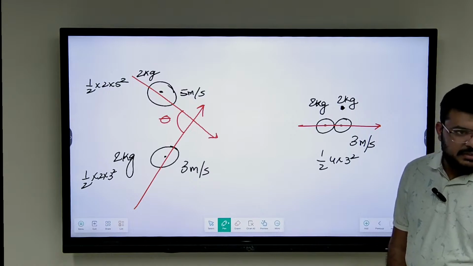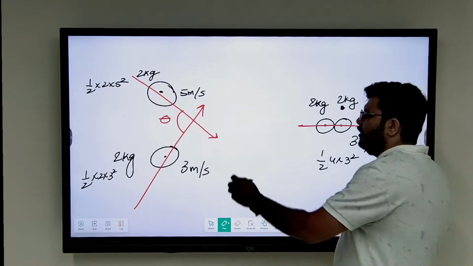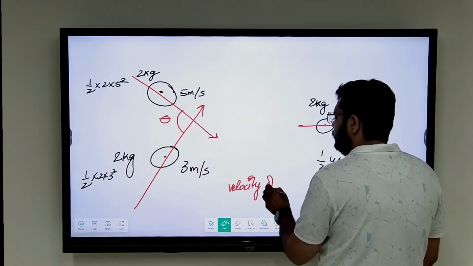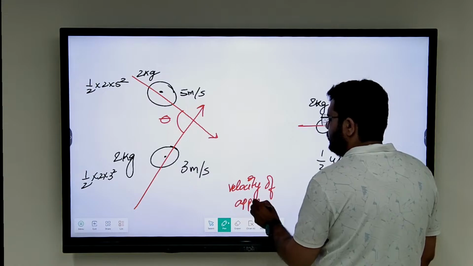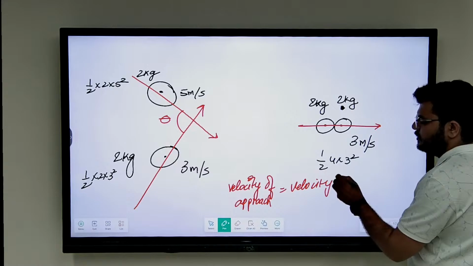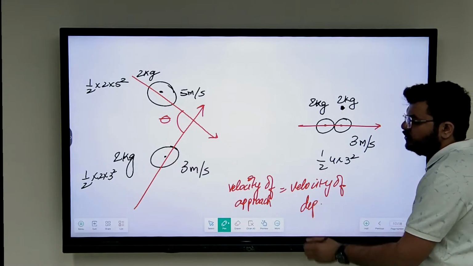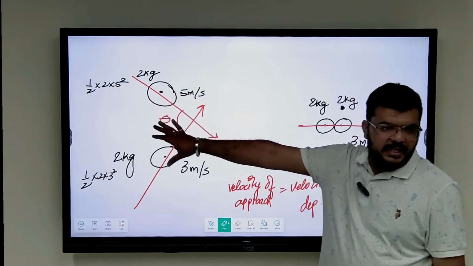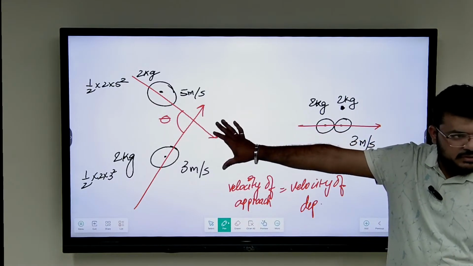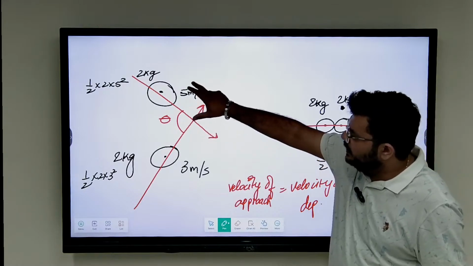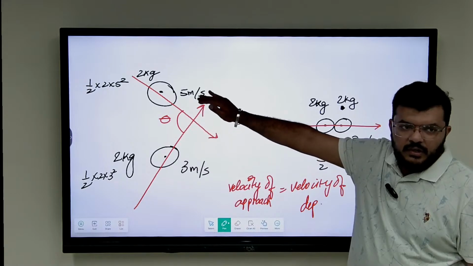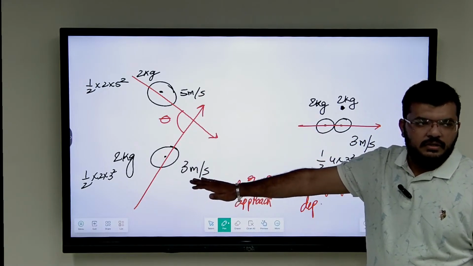What is that way? The velocity of approach is equal to velocity of departure. Now they are approaching each other with a certain velocity at an angle. It's a little difficult to find out that velocity, but we will. But can you see that they are coming towards each other? Even if this was vertical, they are coming towards each other with a velocity of 5 plus 3, 8 meters